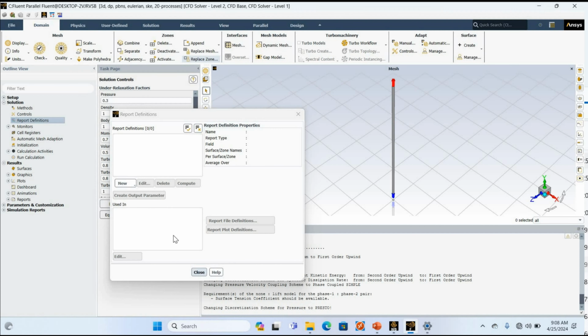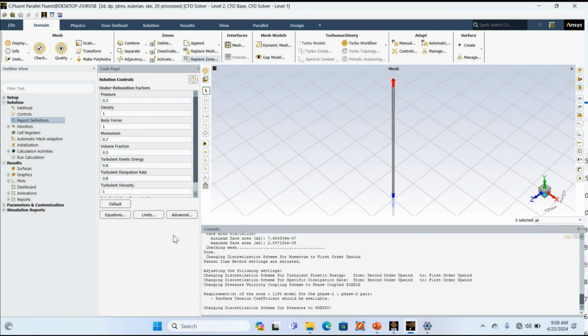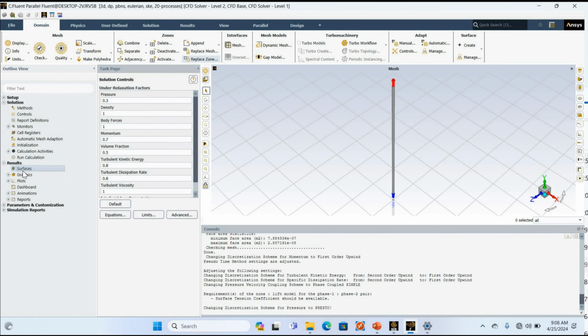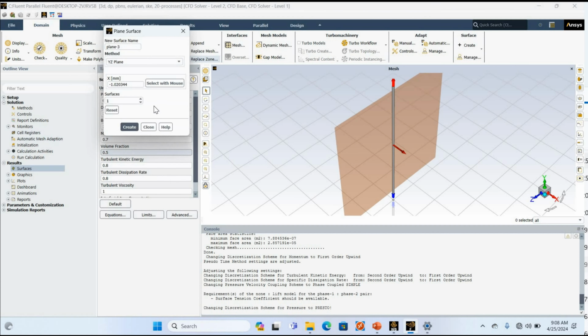Mostly in that case we usually check the results at different height, like for this case that is a 3-meter long pipe. So first report we want to check at a height of 1.7 meter. For this we will create a plane first,